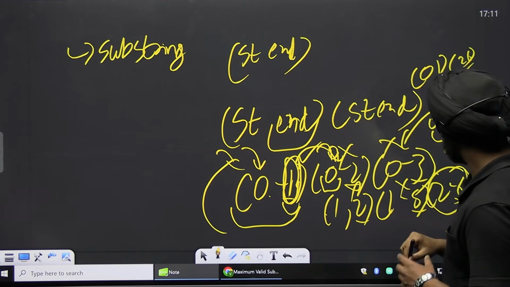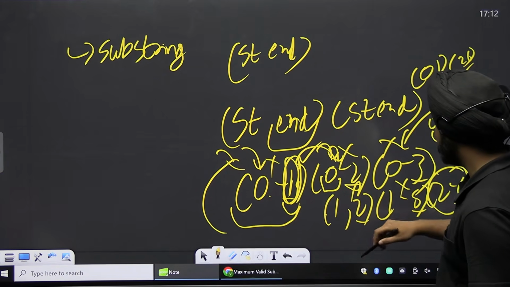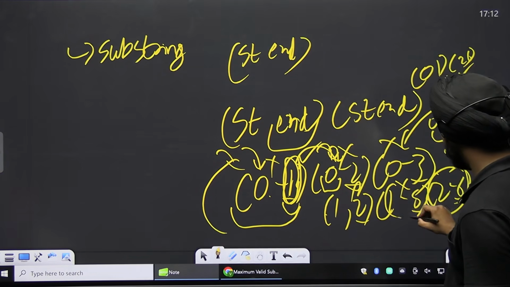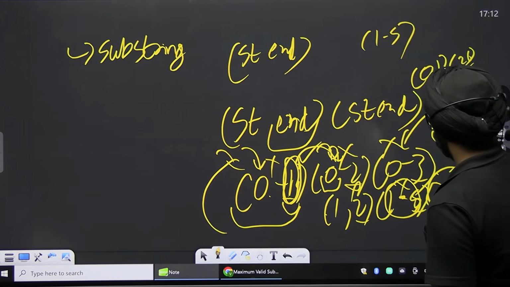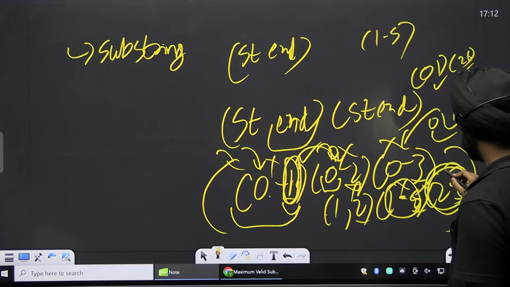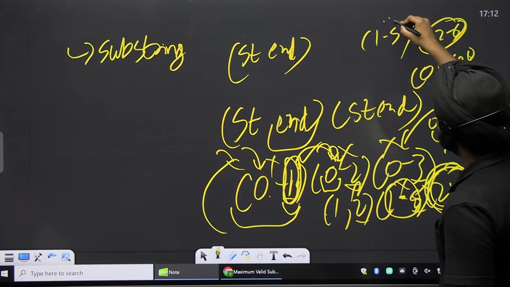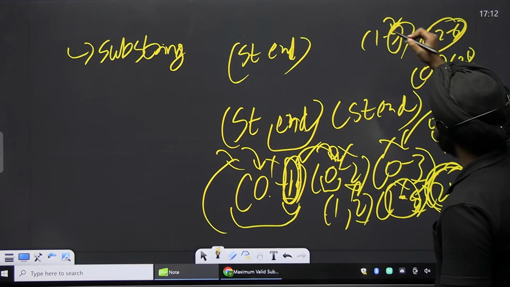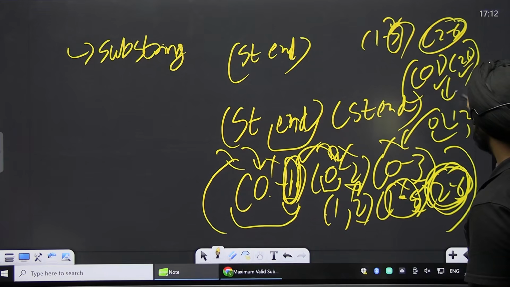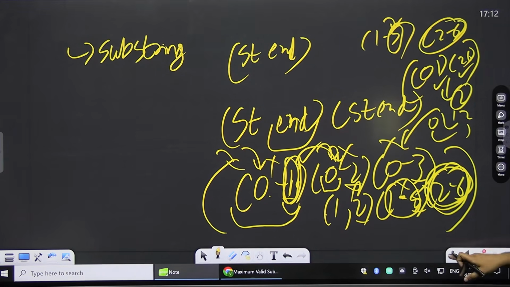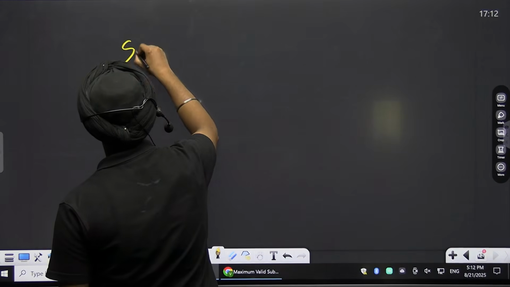But let's suppose we wouldn't have picked this element, we would have directly picked this 1 to 5 in our answer. Then we would have never been able to take this element 2 to 6. So it's always better that we pick the element which has a lesser ending index. So we got 0 to 1 and 2 to 6, which gives us the answer 2. So yeah, we just have to find the substrings